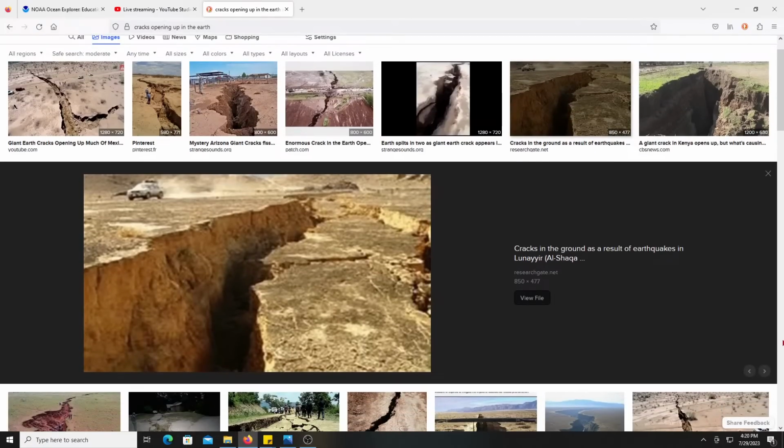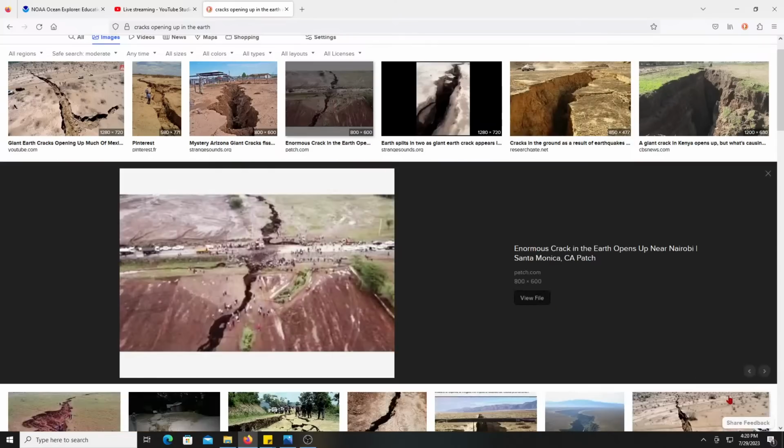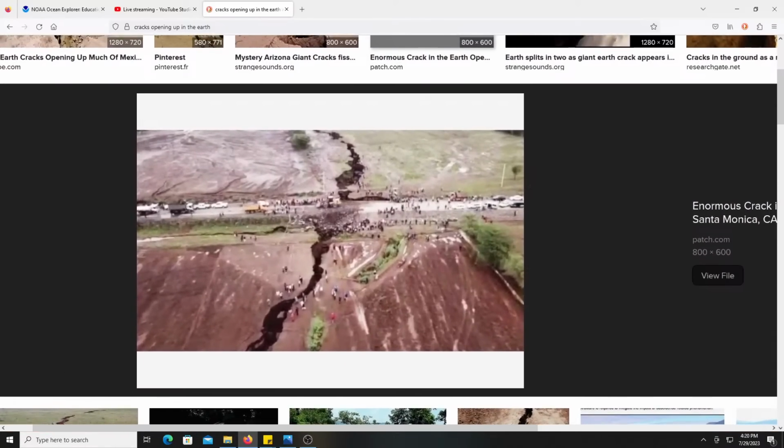They want to tell us that the cracks in the ground are a result of earthquakes. Well, what about this? It's massive. An enormous crack in the earth opens up near Santa Monica, California. An enormous crack. But it's like a widening on the seafloor.